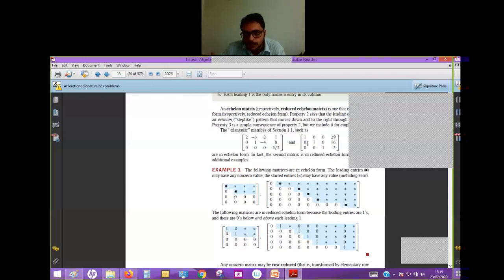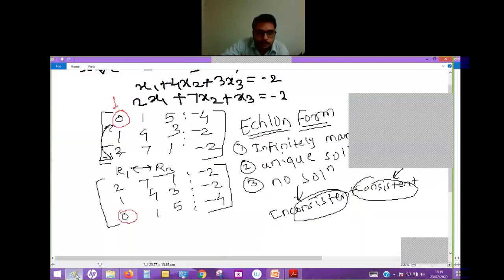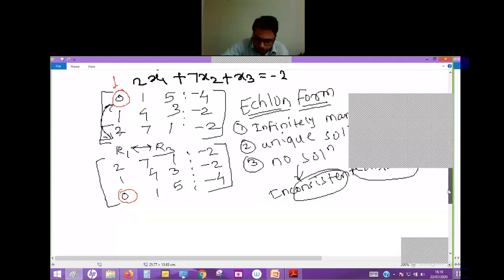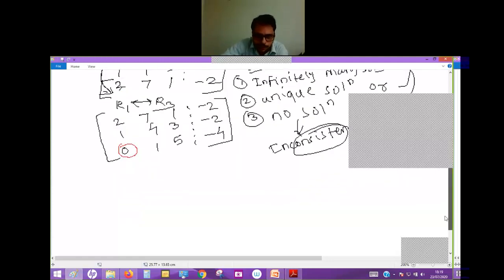Yes, correct. So now I will move to the example. Are you getting why I am making this? In this example, I am not sure, I lost track of why I have kept this example. But let's make some row operations here.